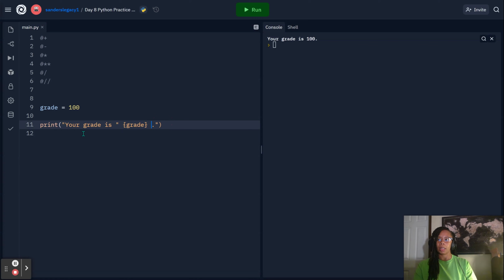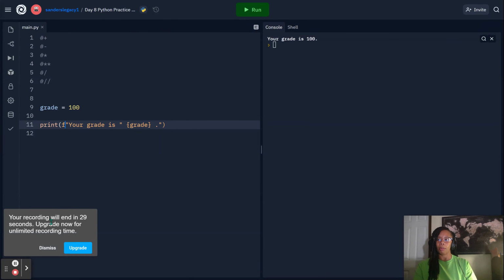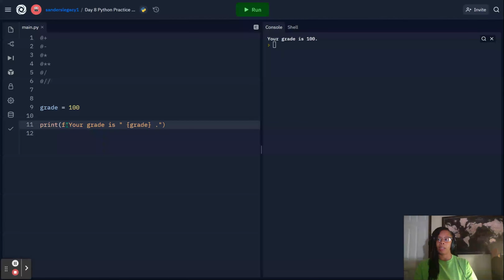You don't need the plus sign, and you put an F in the front. I believe it stands for fast. You're turning all of this into one string. Let's see if that works. Your grade is 100. So actually, there we go. So this is how you can manipulate your integers to